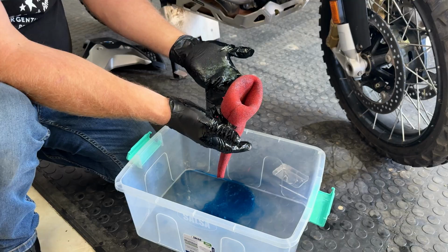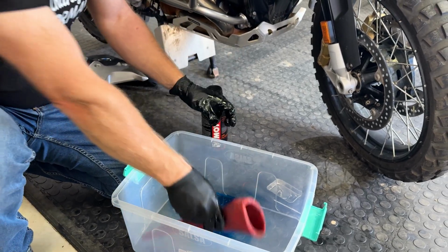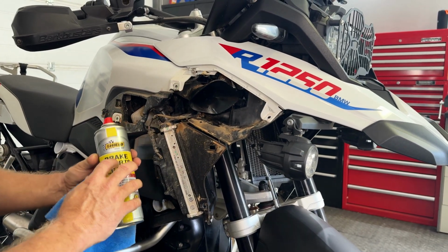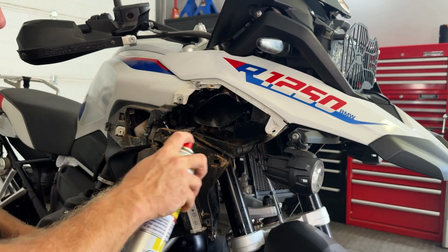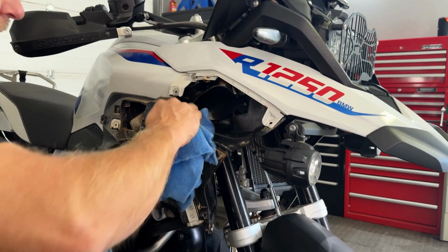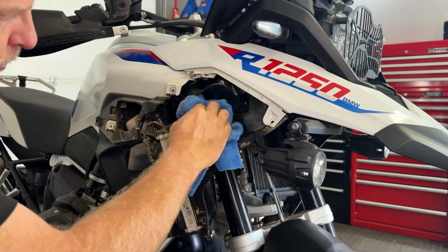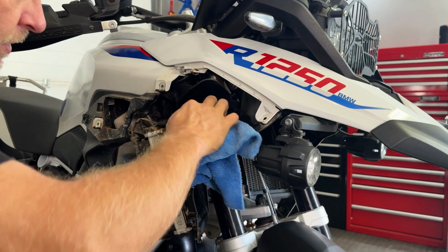That's going to go back in the bike, but before we do that, we're going to clean up the air intake area. To clean up the air intake area, we're going to use a little bit of brake parts cleaner. You don't need a lot, just kind of squirt it on and then clean off as much of the old sticky residue as you possibly can with a microfiber towel to keep it clean